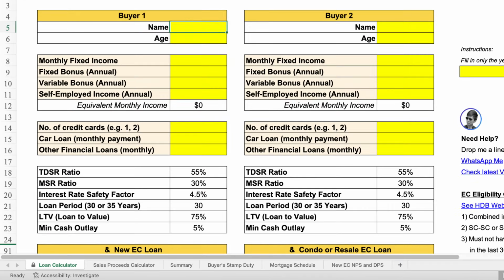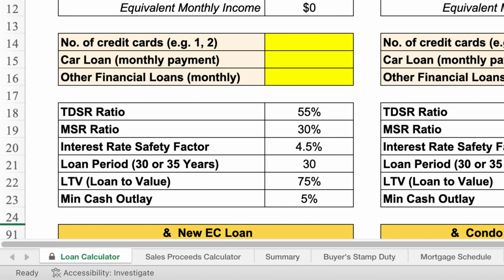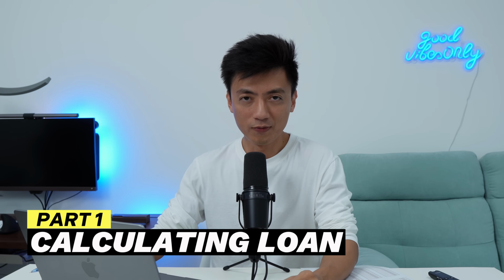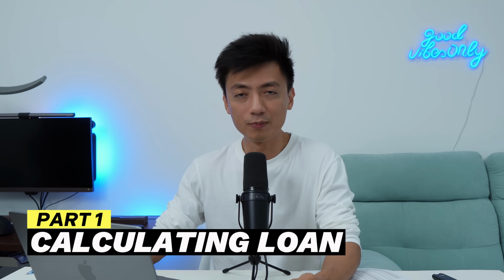So for the first step, click the link in the description to grab a copy of your Excel calculator. And when you open the file, you'll notice a number of tabs, and because I'm always improving on this tool, by the time you watch this video and open the file, it could look very different. So let's start with the first tab, and here I'm going to use the data of a fictional couple and some fictional income information to demonstrate how you can use this tool to calculate your own loan for a new